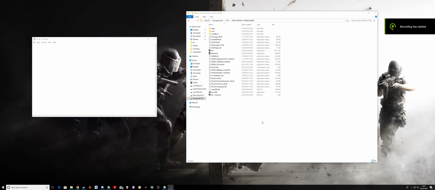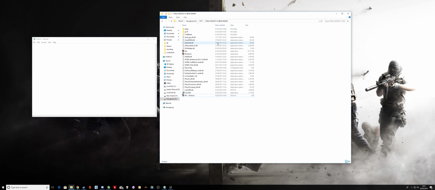I'm going to do a quick guide here and then also run the benchmark myself for how to get the Final Fantasy 15 benchmark working in ultra-wide. First, you want to download the benchmark from Square Enix's website. Just type in Final Fantasy 15 benchmark, that will come up. Then you just want to install it, extract it, and then you'll end up with these files minus this shortcut